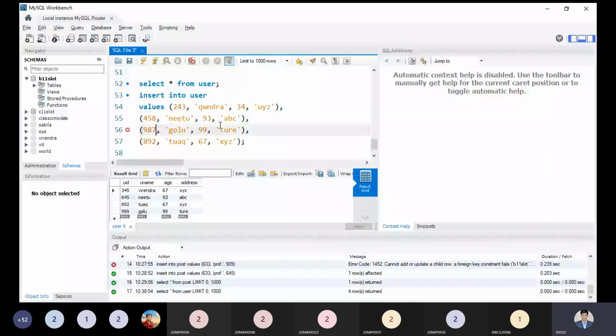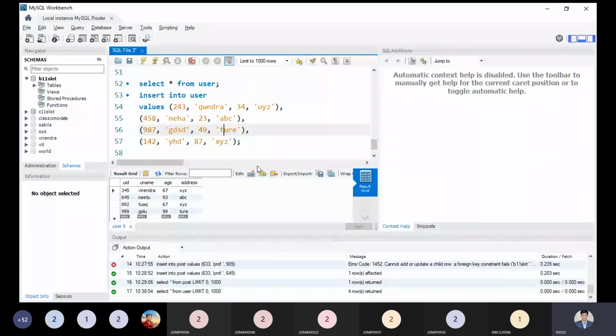Okay, that's enough. Now I'm trying to execute this syntax.